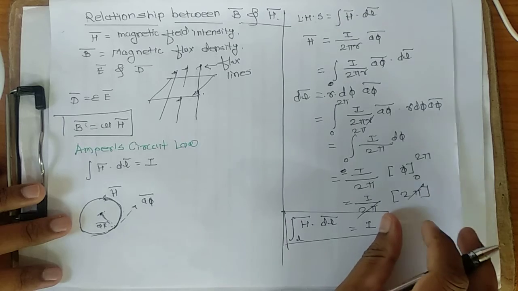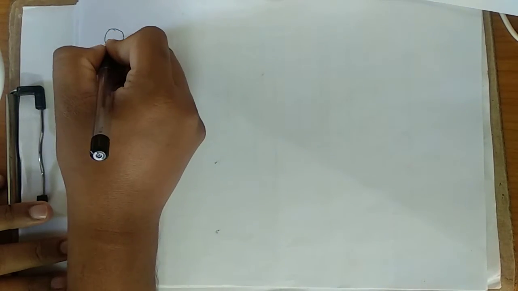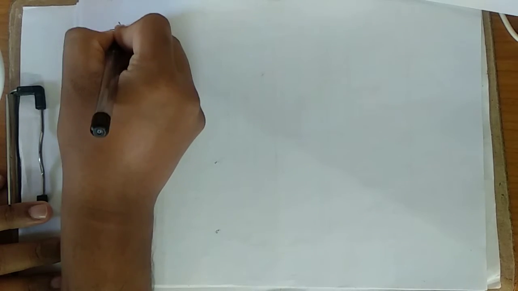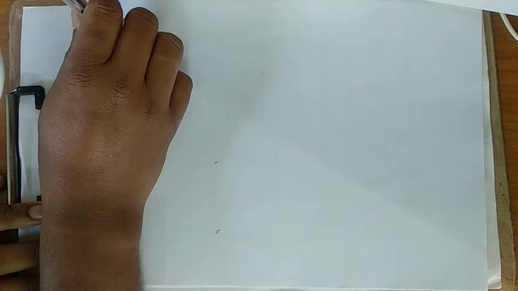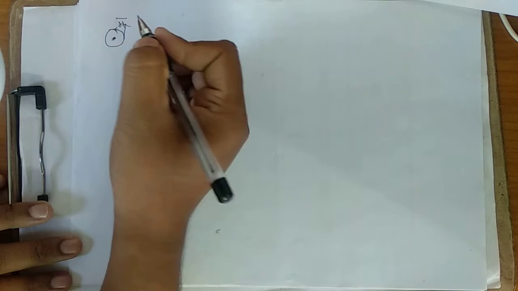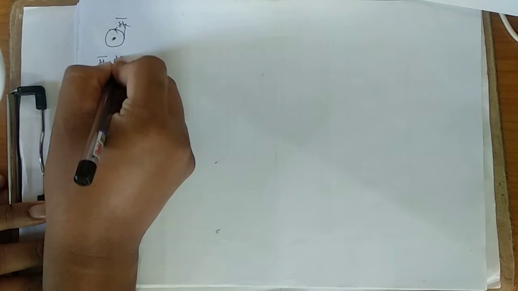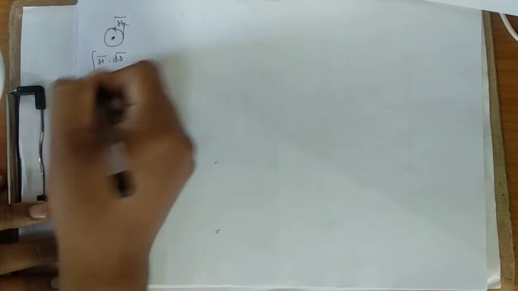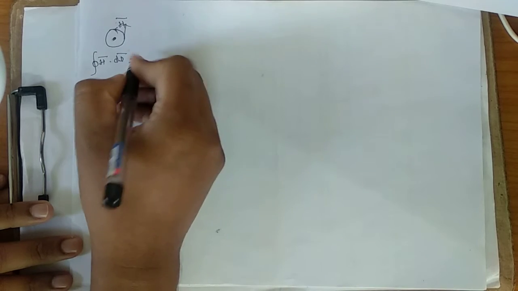length. So I will give some examples, and you have to tell me whether h bar will follow it or not. So suppose I will write here, this ring is there, and this magnetic field intensity is passing through that, and there will be a current from here perpendicular to this sheet, and this is your a phi bar direction. So will h bar dot dl bar follow or not? You can put it into the chat box. Is h bar dot dl bar equal to I?